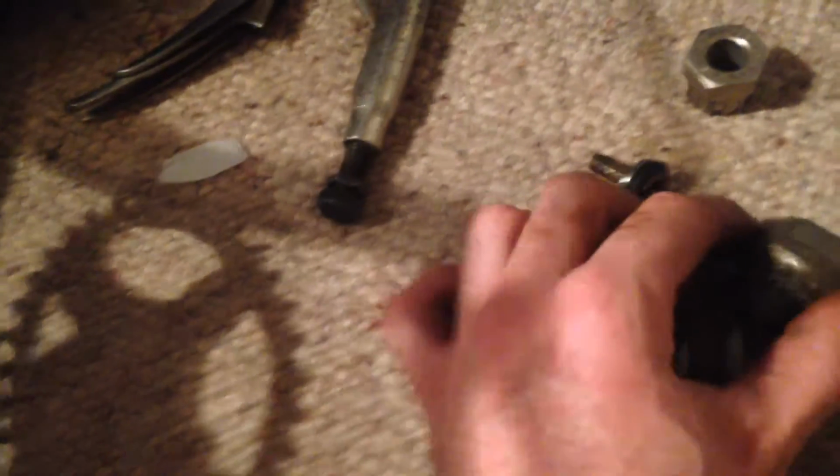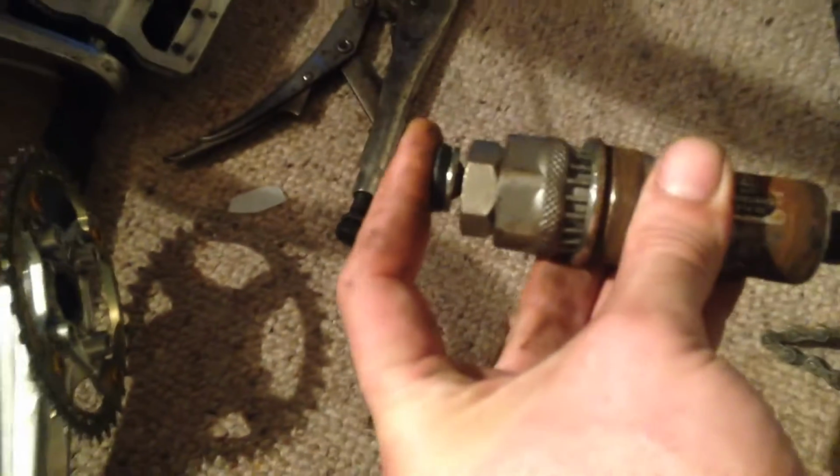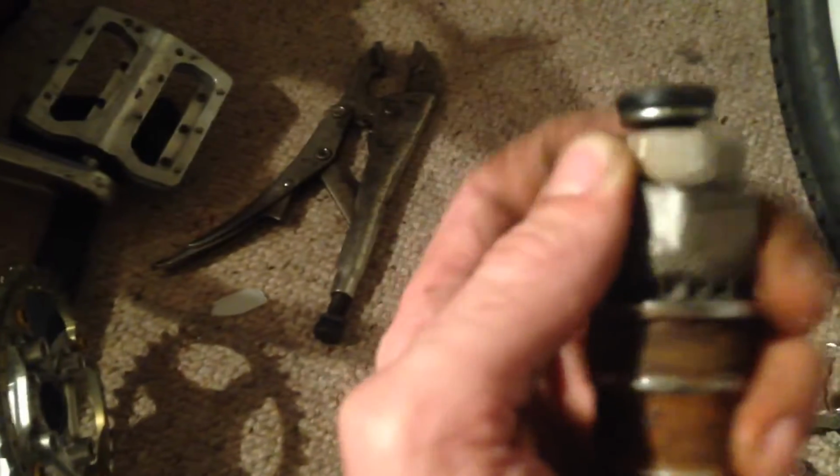slip out, like that. So one of my first things to do is try and hold that there. So I've taken this old tool and sat that in there like that, and then got an old crank bolt and tighten that in there, which is kind of hard to do one-handed, but well, you get the idea anyway. So that holds that in there. If you tighten that in, then you can put loads of pressure on there and it's not going to